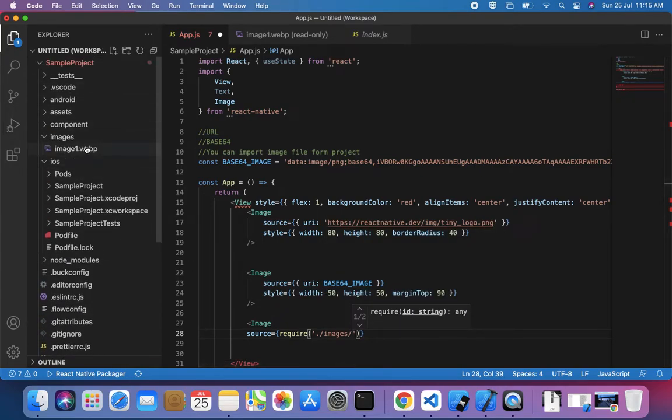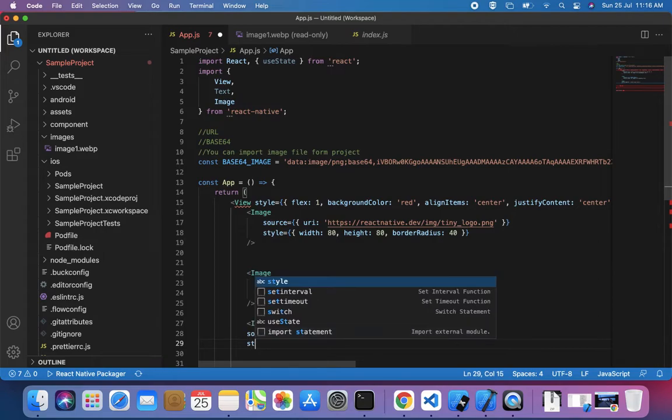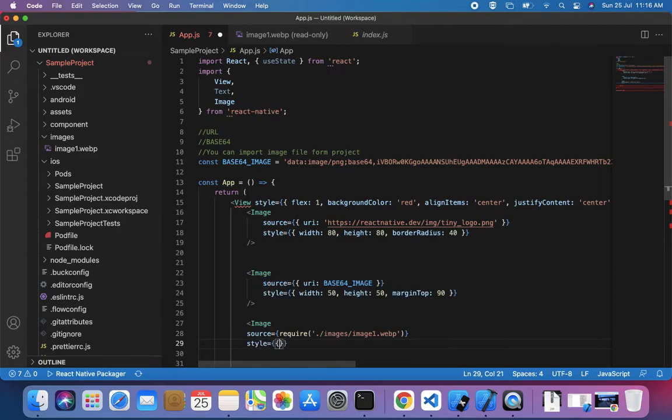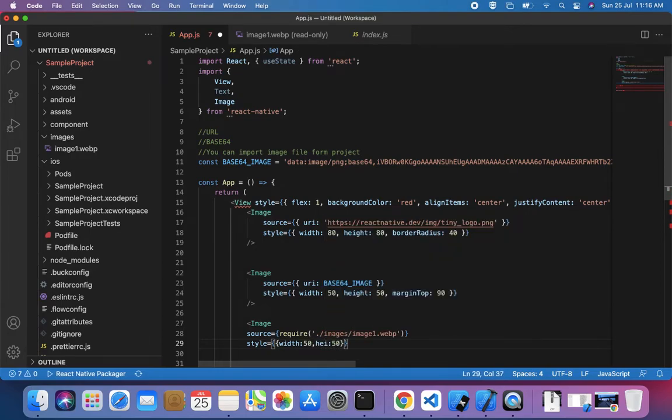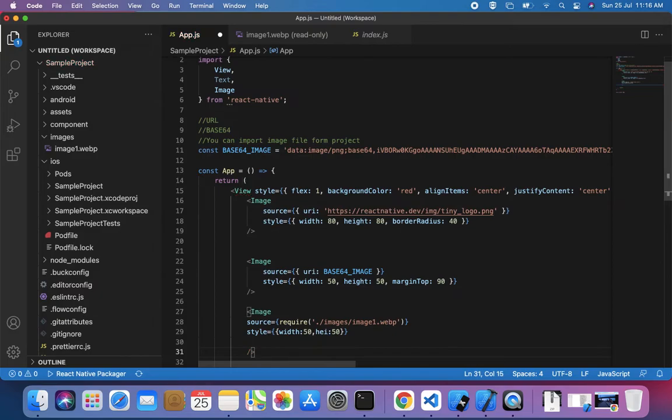Then I am adding the name of the image, image1.webp. Again I am giving the style of width 50 and height 50. Then I am closing the image.